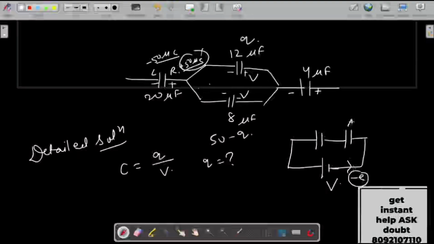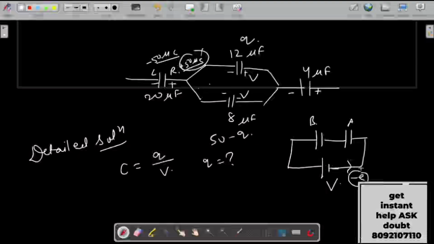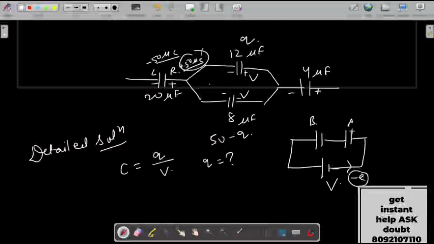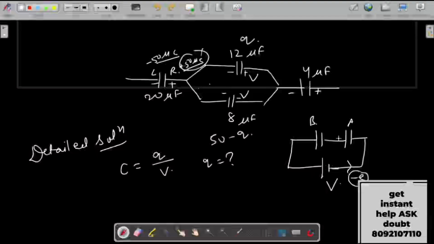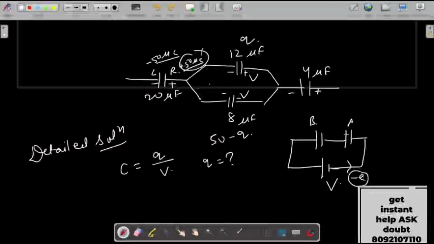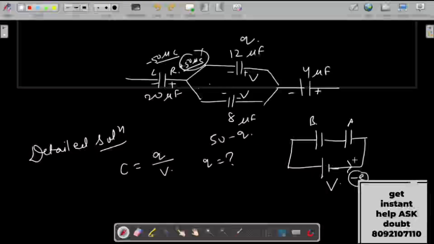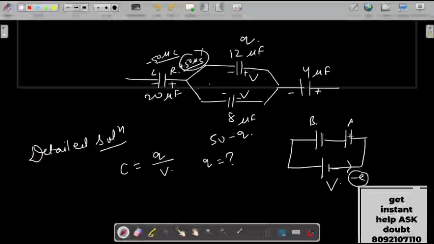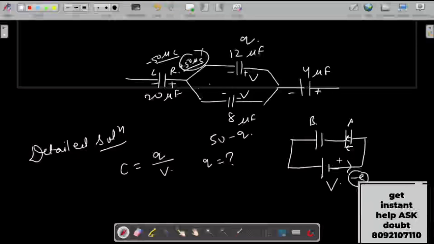This is your capacitor A and this is your capacitor B. So this negative charge will come to this plate of this capacitor. This negative charge will create an electric field within the plate,